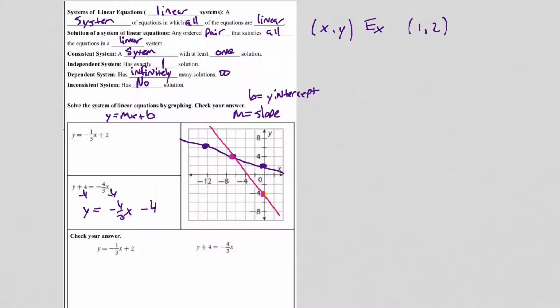So now we've plotted both of these lines, the point at which they intersect. Where they intersect, it's right there. And that is the point negative 6, 4, and that's a solution for this system of linear equations. And what's it mean to be a solution of a system of linear equations? Well, you can find out right here. If I plug in the point negative 6 and 4,